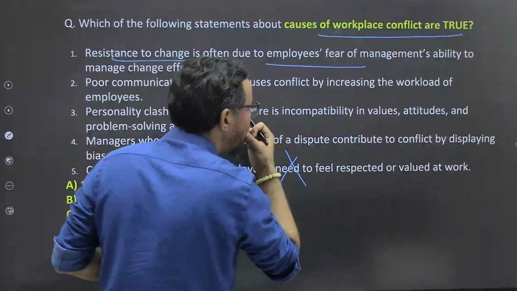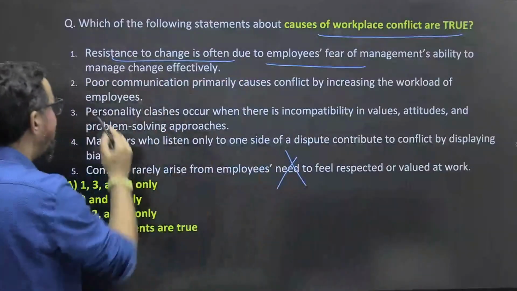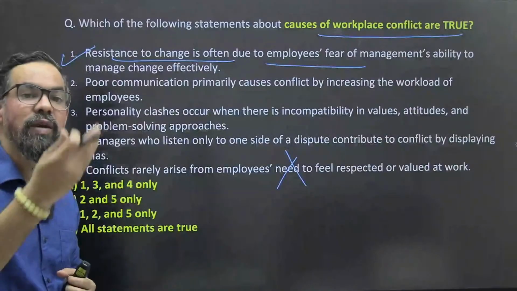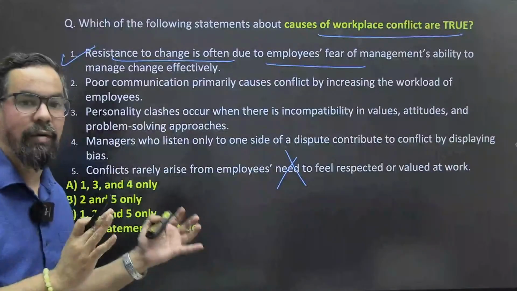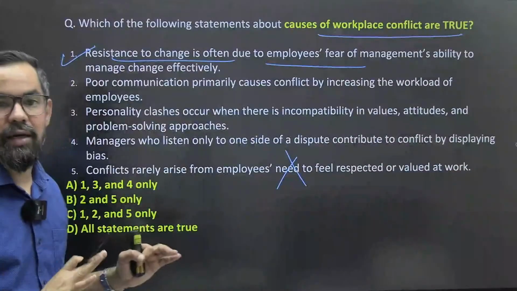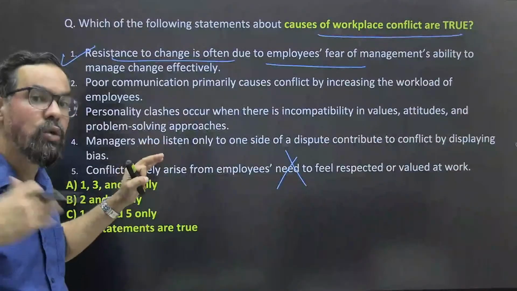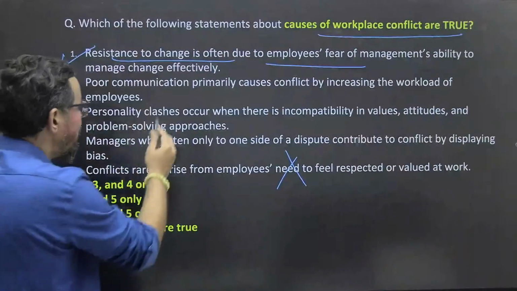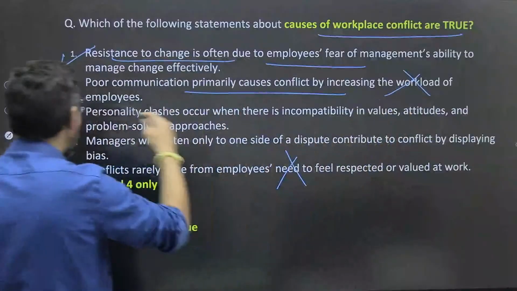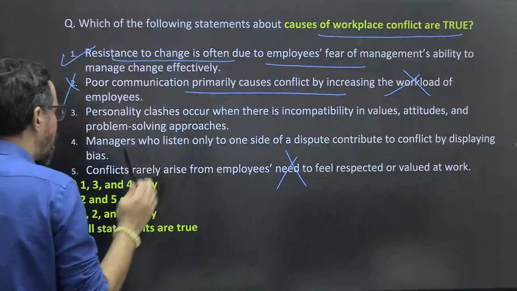So resistance to change is often due to employees' fear of management ability, this is 100% true. If we are doubtful that this organization won't have the capacity to implement these new things, we will start opposing. Poor communication primarily increasing conflict by workload, no, it is around the policies, transparency and so on, not only workload.